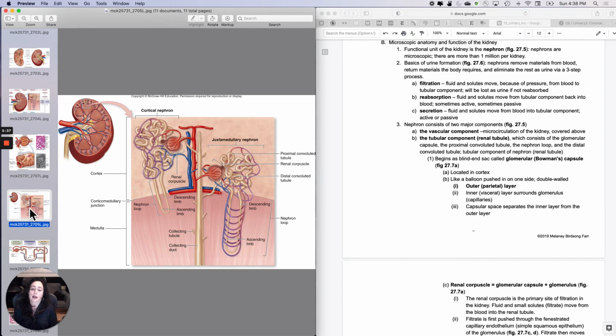So when you are looking at an individual nephron, the vascular component of the nephron is everything from the afferent arteriole all the way back until you go into the interlobular vein. Okay, it's the microcirculation of the kidney that we already went through. And the tubular component, or the renal tubule, is going to be all of these microscopic pee tubes, which I haven't described to you yet, but I'm about to. So let's